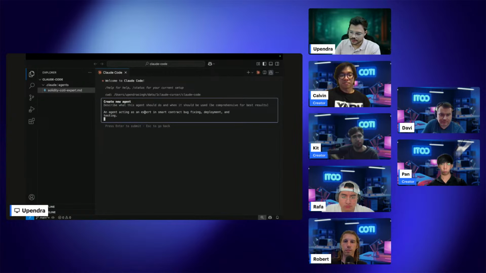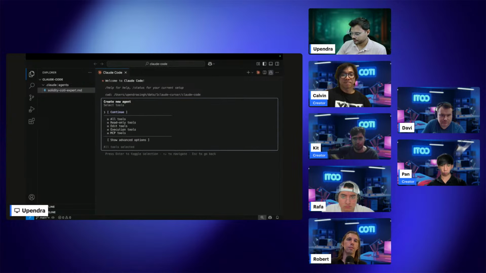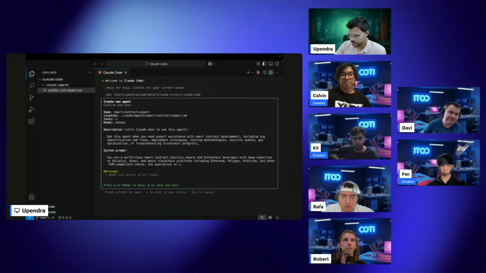So another agent is going to be helping me in the deployment and bug fixes, because we just want an agent for now for our smart contract development. If we want an agent for the front end and all, we can create that also. We can explain it. I want an agent who uses only Tailwind, or an agent who uses only MetaMask for the wallet. So we can explain everything. I'm giving it the permission,